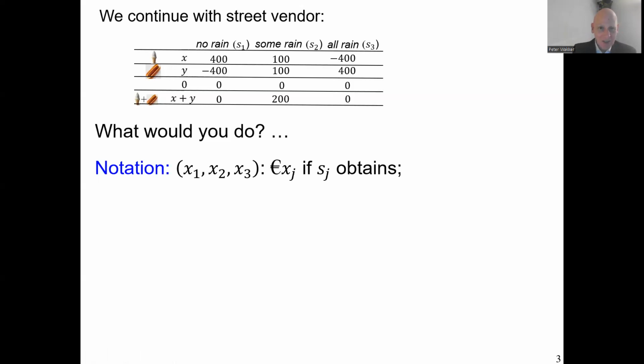For instance, ice cream is then the tuple 400, 100, minus 400. Later today in this meeting, we will also consider many other tuples of numbers. For instance, sometimes we consider the tuple 20 million, 7 million, 11 million. And then you may say, what kind of merchandise could ever give such profits? There would be a sort of miracle merchandise. But indeed, we will be looking at many types of numbers, and some are very hypothetical, but still we consider them all to be a part of our domain of preference.